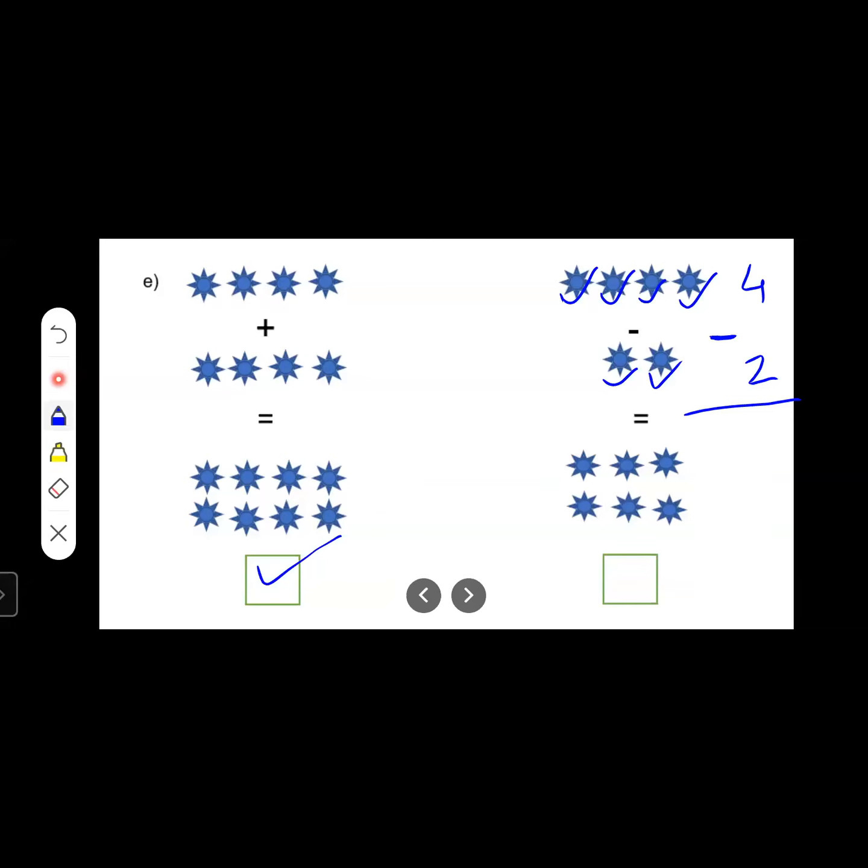Okay. So backward counting for subtraction we use. So take out 2 in your hand. Count before 4. Before 4, which number comes? 3, then 2. Answer actually it should be 2. But let us count and see. Here, how many stars are given? 1, 2, 3, 4, 5, 6. So here 6 stars are given. That means this is wrong. Because 4 minus 2 is equals to 2 and not 6. So this box is wrong and this one is correct. Understood? Let us move ahead.